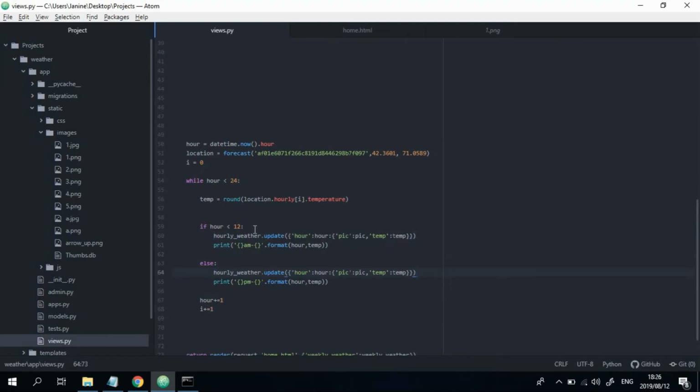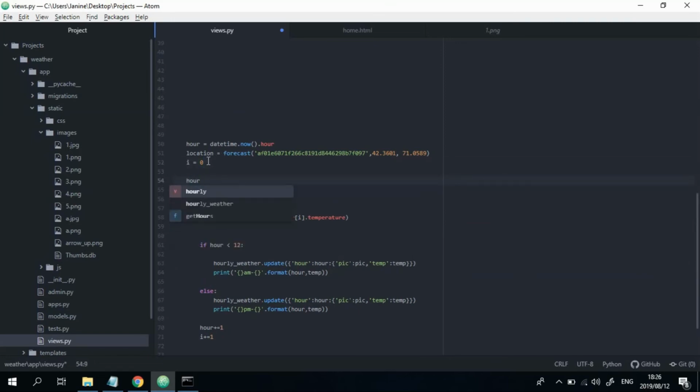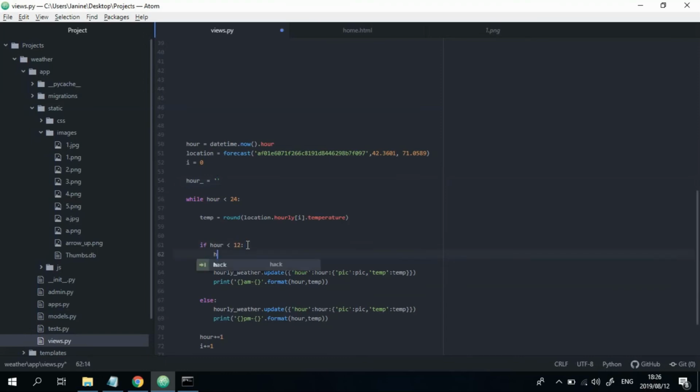We still need to get the hour. So we do have the hour over here, but over here it's just as a number. And we want to save it as not a number, we want to save it as 12 p.m. or 1 p.m. So it's not an integer, but a string rather. So let's create a new variable, call it hour_, set that equal to that. If hour is greater than 12, then hour_ equals